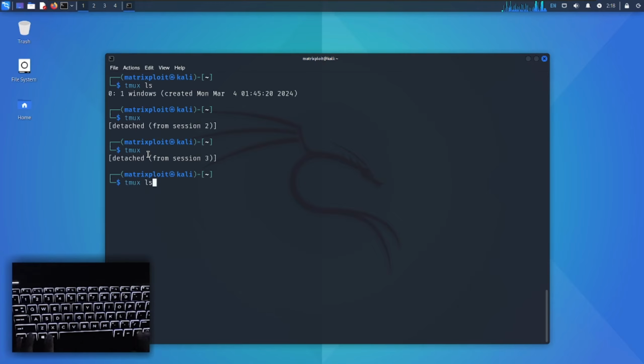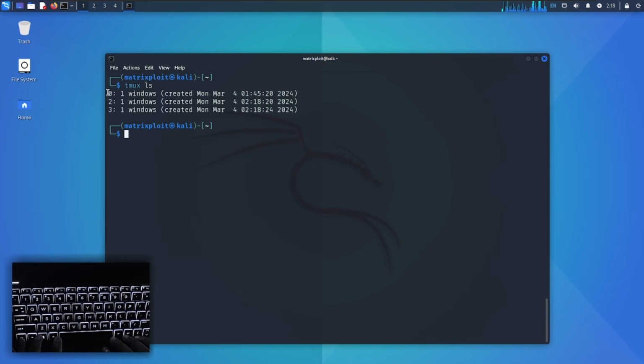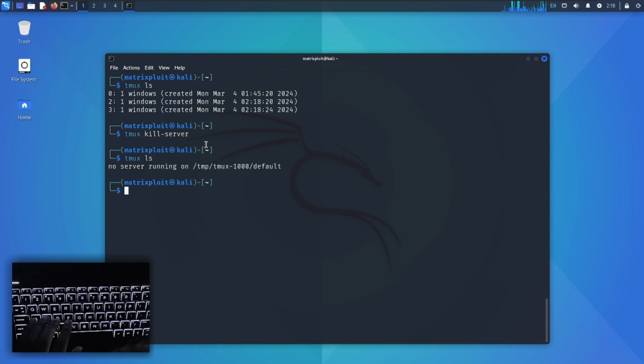Now if I list all the windows which we have created, there are 3 and I want to delete all of them at once. How can I do it? Tmux space kill hyphen server and enter. So if I list it, there will be no server running on this. So there are no Tmux servers currently running. Okay,